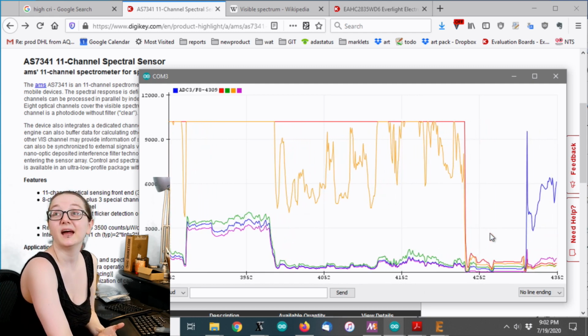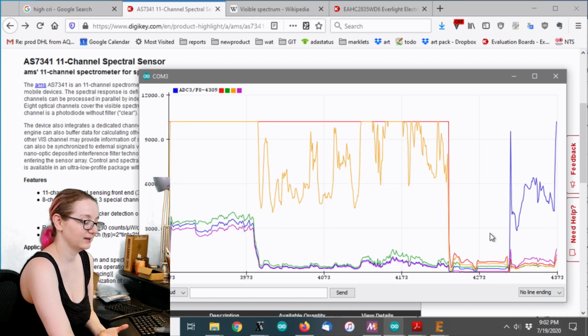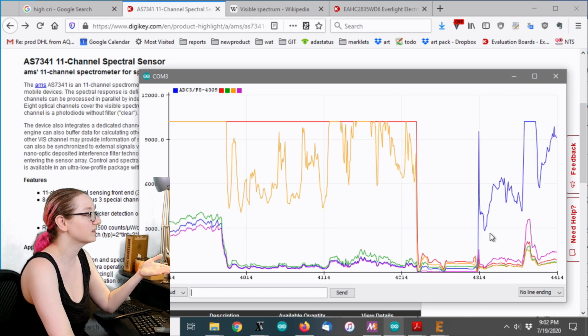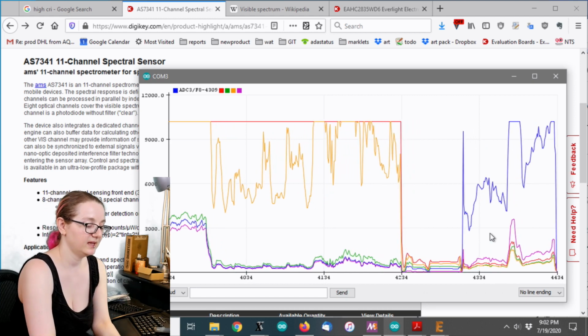I don't know if you can guess, but it's a blue LED. I'm going to say blue. You're going to say blue because you can see that the blue line is the highest, but you can still see there's a little bit of purple as well. And then